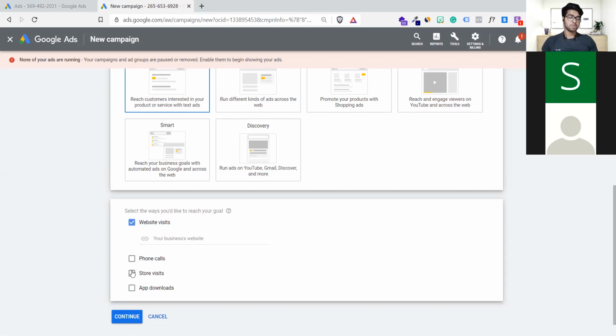But basically, we don't use it because our ultimate goal should be, when people are searching a query, we have to cater to them immediately. There are two ways to cater immediately. One is from phone calls, the other is from our website. Store visit will take some time because they have to visit, talk, discuss, see the product, and then buy. Instead, why not push from phone calls and a website? When they talk straight from phone or check our website catalogs, they are highly targeted audiences and will likely convert very fast, right? So we will use the website visits as of now. Cool.